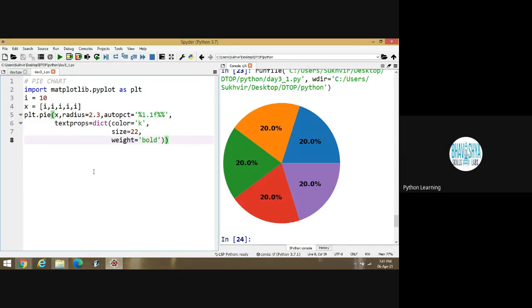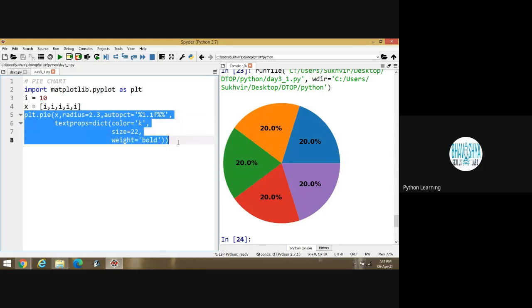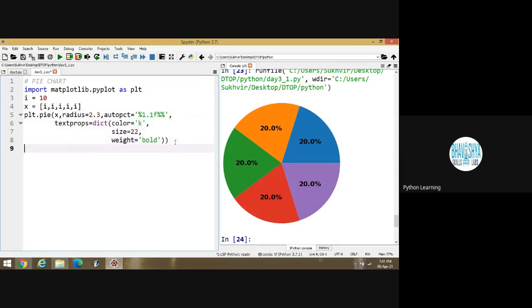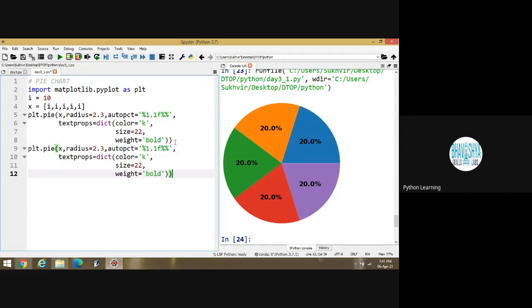Now one more thing is there. Suppose I am copying this one and pasting again the pie chart. I am changing the radius. Suppose I am writing here 1.7. What will happen? Any idea?